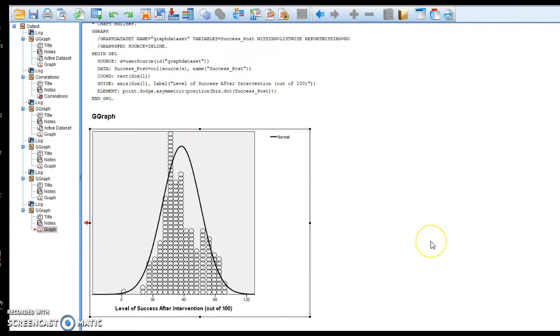I don't know, but I thought I'd show you where to find it, how to make it, and why I don't like it quite as much as the histogram, but if you like it and have a reason for making it, it's there for you. Once again, this is just optional. It's supposed to be fun, and